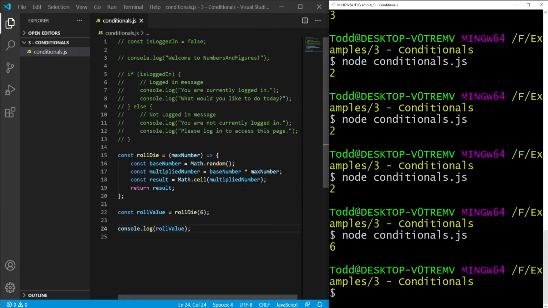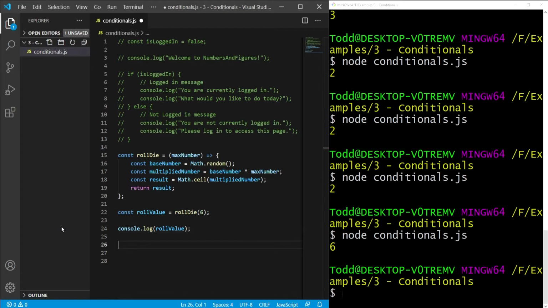There we go. We got something higher than 3 finally. Let's say we wanted to branch some logic or do different things based on what the roll of the die was. If this were a game where the first person to roll a 6 would win, then we would need to do a test to see if the value is equal to 6. And so one way to do that, let's get rid of this console.log, or actually let's keep it so that we can see what our value is. And let's come down here and say if, and we're going to do some sort of test,